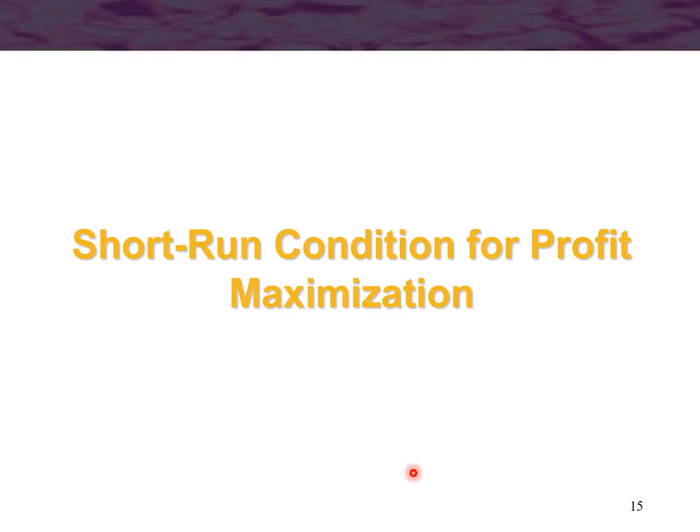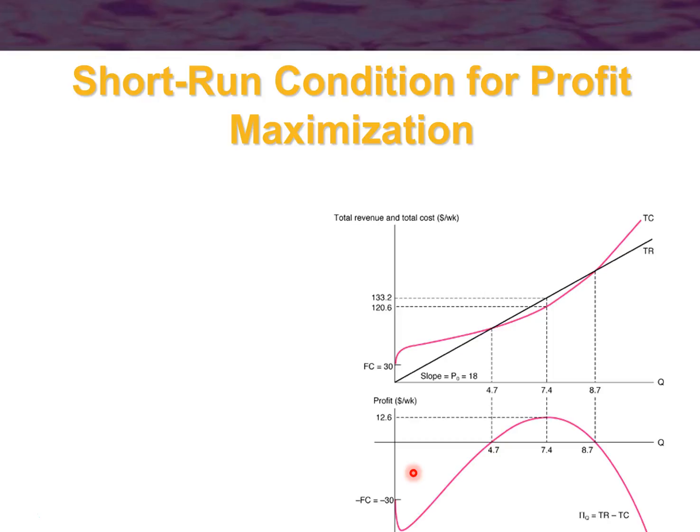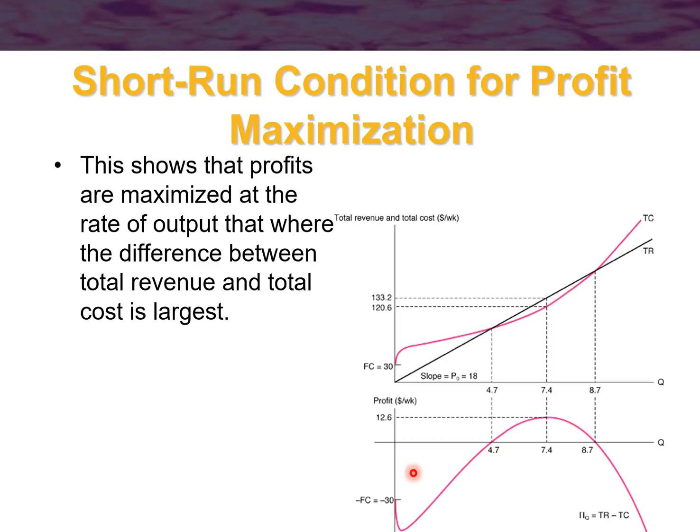So if you're a perfectly competitive firm, how do you maximize profit? Well, this graph is going to show you that profits are maximized where the difference between total revenue and total cost is the greatest. So you can see how output is increasing, right? And we see how as you increase output and you sell them for the same price, revenues increase at a very predictable rate. That's total revenue. And your production is going to generate cost, and this is your total cost. And you could see between 0 and 4.7, revenues are below your costs. And this is why if we're tracking profit, this is profit right here, you can see profit is negative. It's below 0.